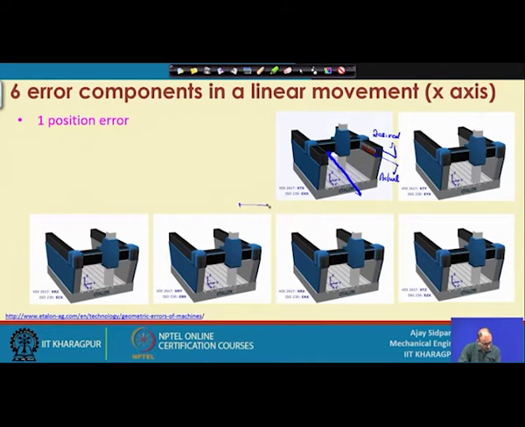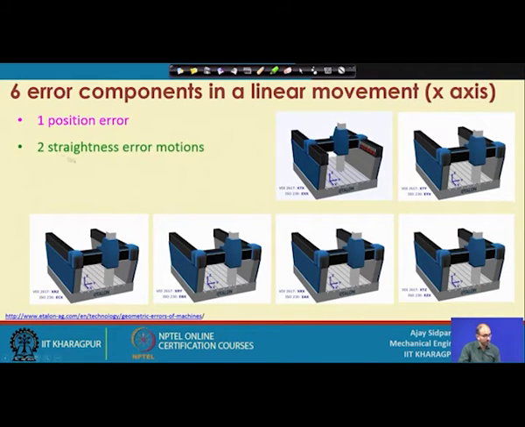Suppose you are moving from here to here, your target location is this one, but when you are moving you encounter the stick-slip phenomenon. Because of the stick-slip, you end up a little bit ahead of this particular point, because you are reaching very close to the target location, but the distance is very small and friction is very high, so you apply a little more force, and because of that more force, your movement will be a little bit more. So, that is the problem in the position, you are not able to get to the same location where you intended. Okay. So, this is what is happening in this particular case. So, your particular position error is this one.